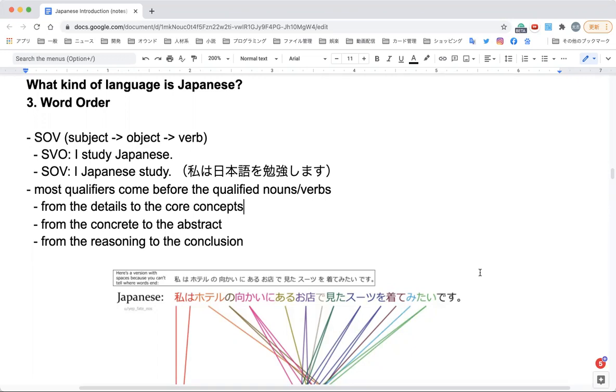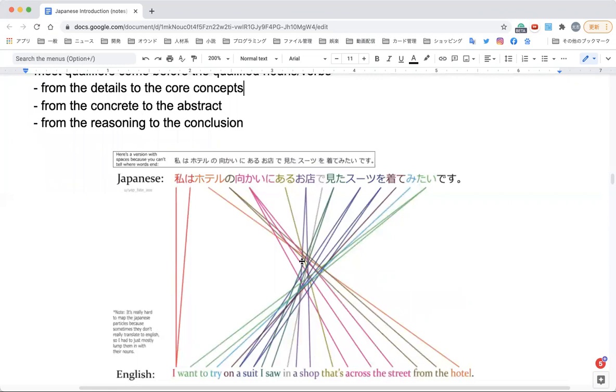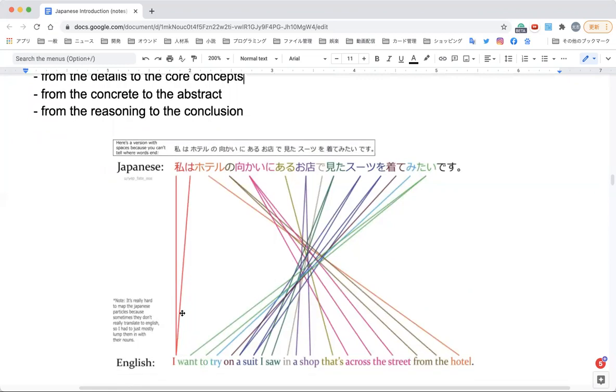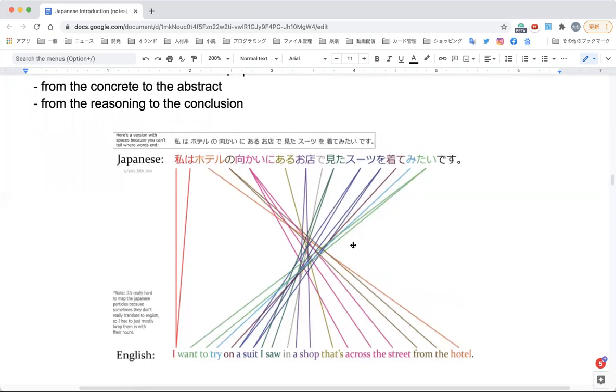And what is qualifying? It's basically explaining or adding information to the noun or verb. So let me explain using some examples. I found this very interesting chart, and I'm showing this. This chart is showing how each word in an English sentence corresponds to the Japanese word in the translated sentence. The sentence goes, "I want to try on a suit I saw in a shop that's across the